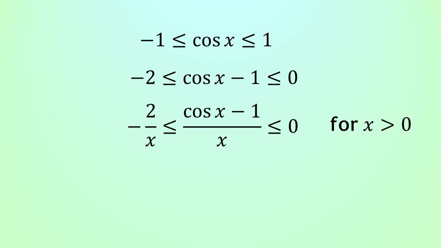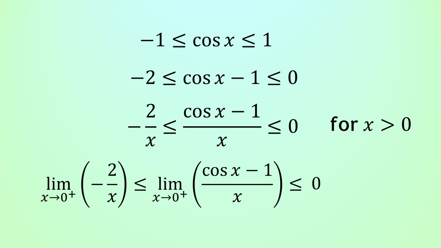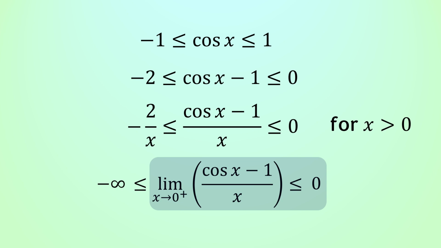greater than 0. And that's kinda cool, because now if we try to take the limit as x tends towards 0 from the positive side of all three of these functions, although the left hand side doesn't provide us with anything useful because the limit of that tends towards negative infinity, the right hand side did come up with something useful because we know that it's bounded by 0. So therefore all we need to now do is work out a better alternative way of giving a lower bound